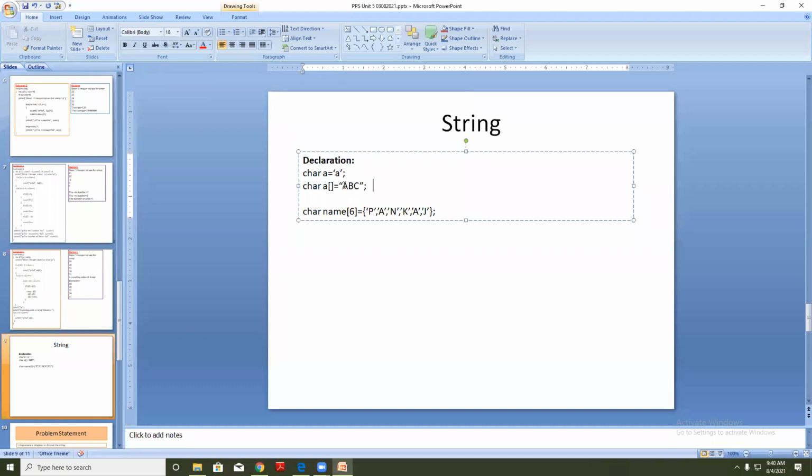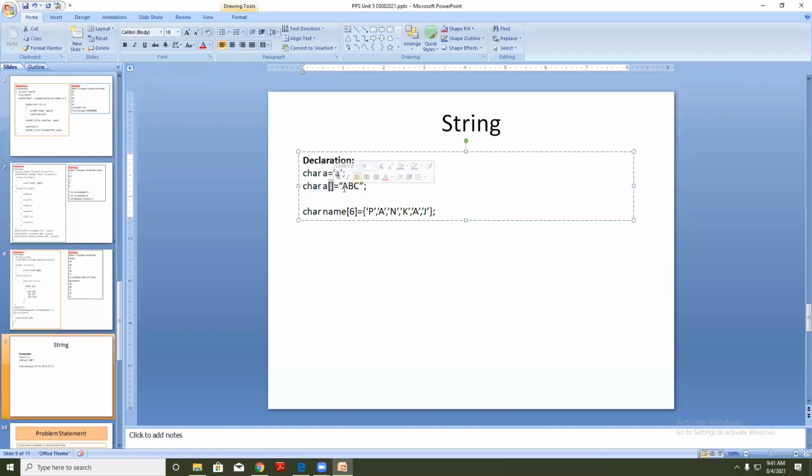But if I wish to store a name in a variable, again what is the data type of this name? It is character, but it is a collection of characters. So when we are using a collection, at that time we need to remember one concept, that is array. Now this is called an array of characters.